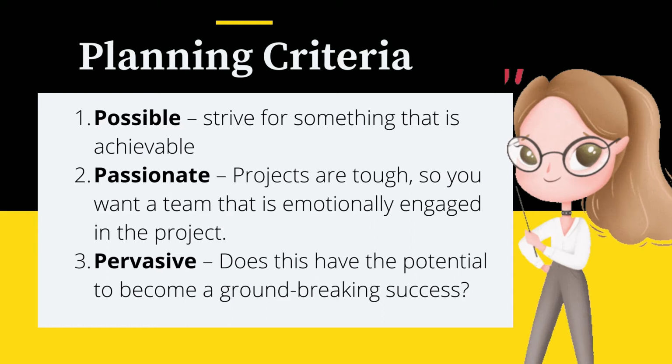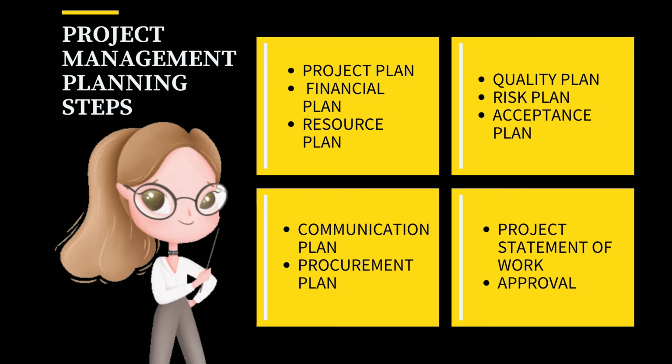All of the planning feeds into a project plan, and typically a statement of work that outlines the activities, tasks, dependencies, and time frames, as well as costs, the three fundamental components of the planning process. In addition, it's prudent to develop a plan for resources, quality, risk, acceptance criteria, communication, and procurement. Here are key project management steps for planning a project.